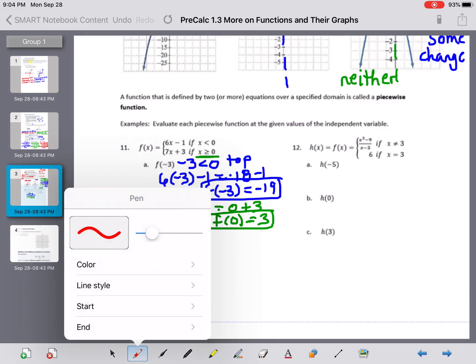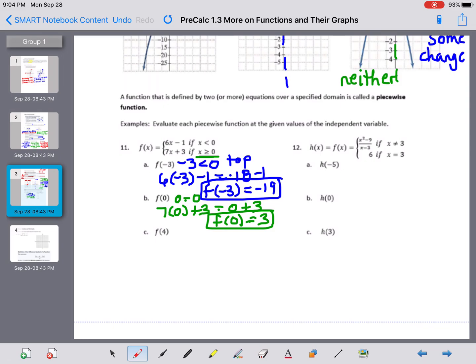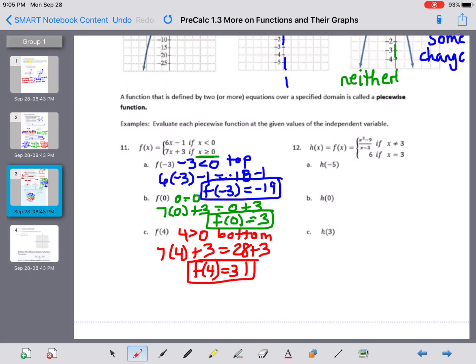All right. And finally, the last one I have is f of 4. Well, 4 is definitely bigger than 0, so I am going to be on the bottom equation, right? So I'm going to do 7 times 4 plus 3. So I get 28 plus 3, which is 31. So it looks like f of 4 equals my 31. Okay, so on a piecewise function, you choose which piece your x value matches, and then that's the piece or the part of the function you plug your value into. Okay,